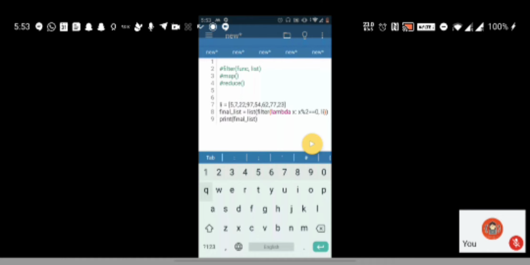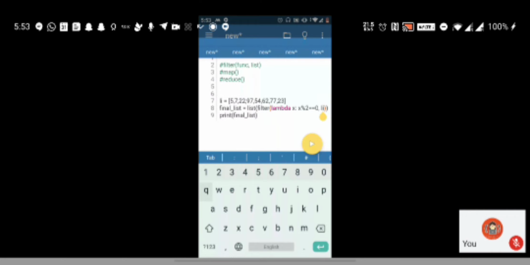So here this lambda is the condition, this is a function, right? Ultimately it's a function only. And this filter function requires two inputs. One is the function and second is the list. So this is my condition function, and li is the list. Whatever is given as the condition from the function is going to be applied to all the elements of the list, and only the elements that satisfy the condition would be output. Clear, everyone?